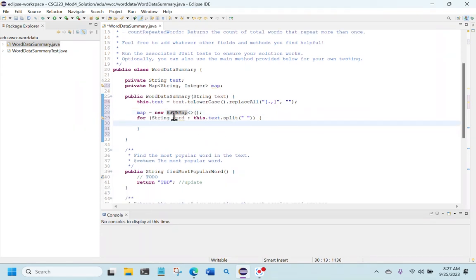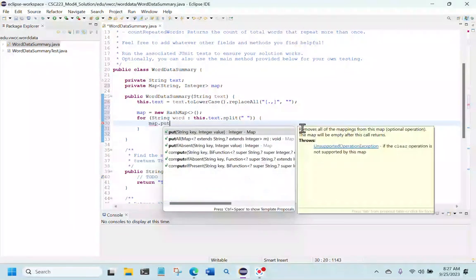All right, so now we can start adding words to our hash map, and we want to keep track of how many times that word appears while we're iterating over a sentence. So you could use an if-else statement, like check if the word is already in the map. But there's an even more straightforward method that the map class gives us. So we can just call map.put